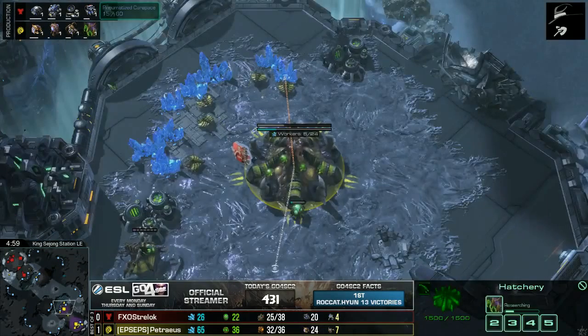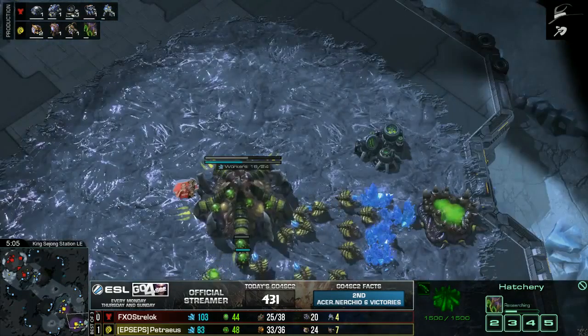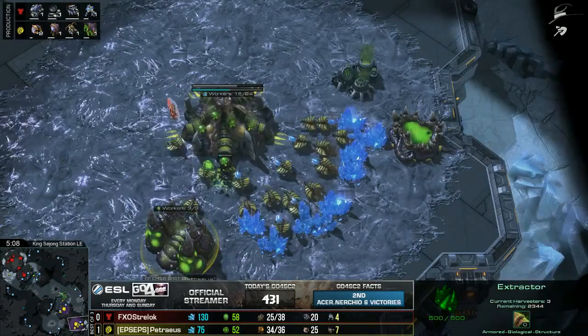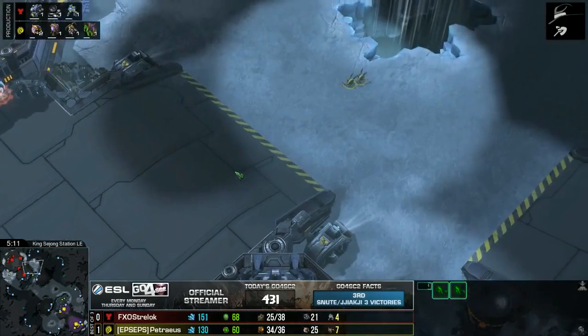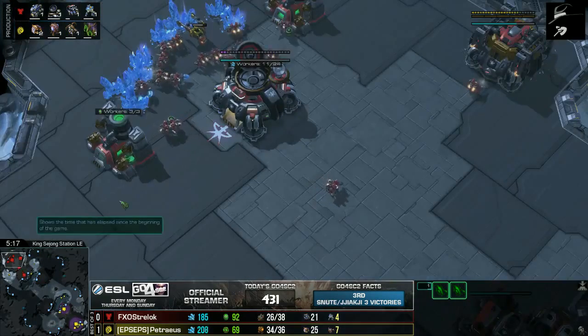Third command center for Strelok. Pneumatized carapace going up instead of a lair, instead of link speed. Wow, so this is what that was for. He really wants to get a good scout on Strelok. And I really like this. I think